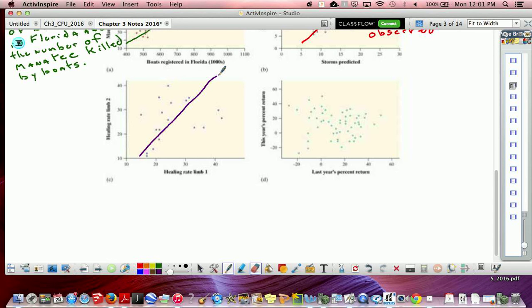But would you consider this strong? Yeah, I'd say this one's weak. So I might say we have a weak, and this one's still positive, linear association